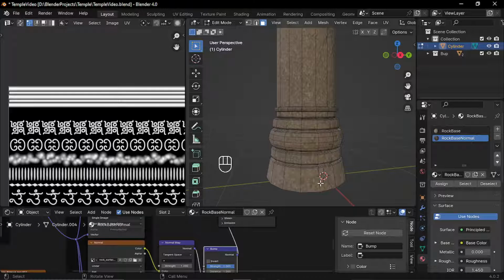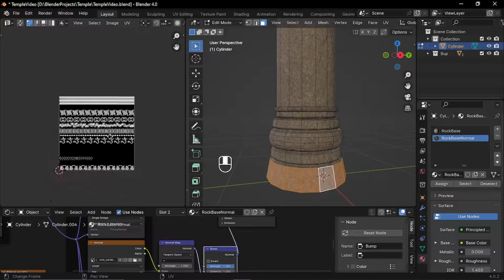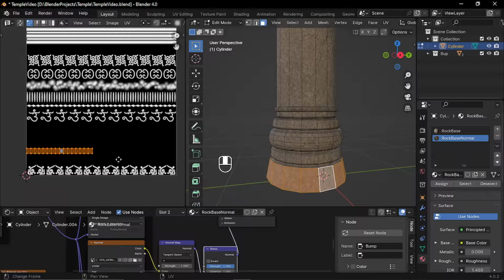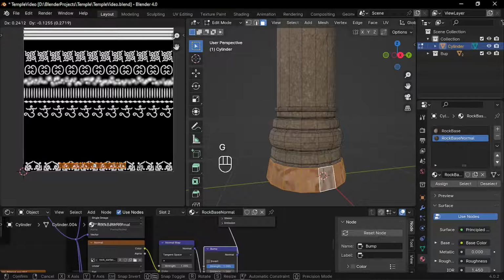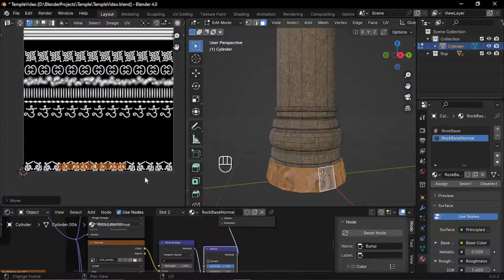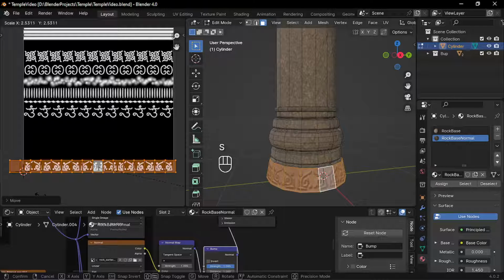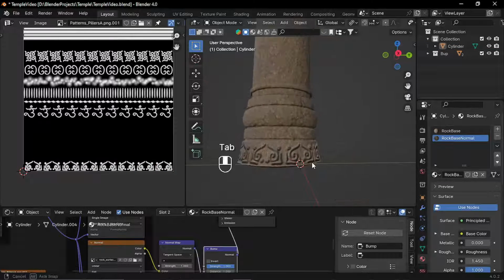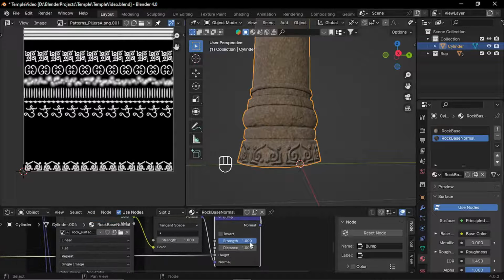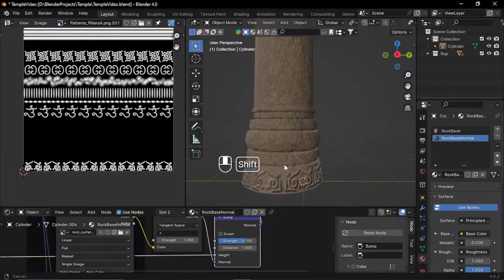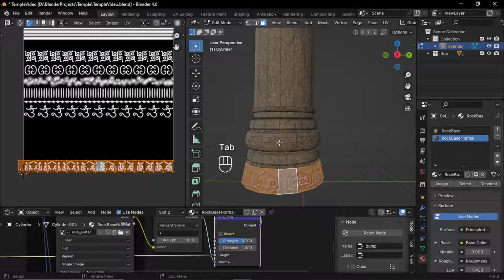Now in the UV editor, let's select these faces one by one. And let's drag their position towards our pattern. Scale it, match the shape. We can set the strength here. Similarly,